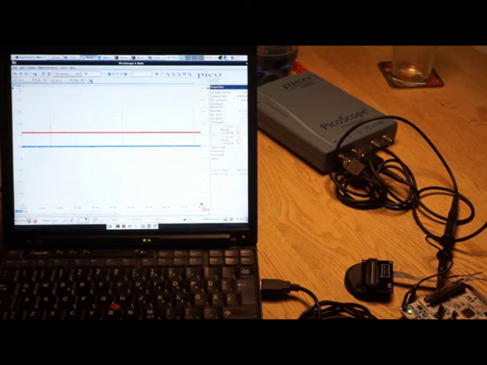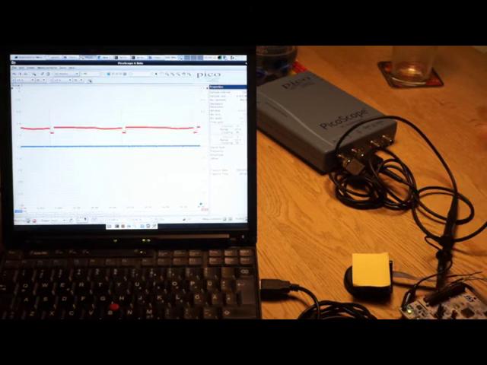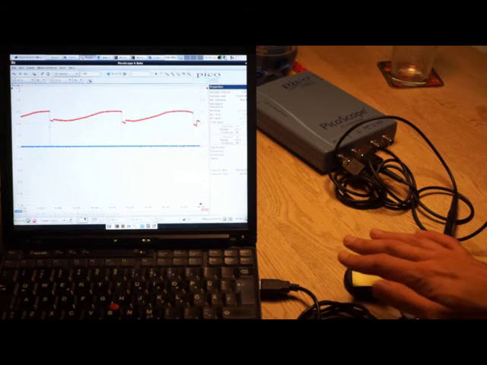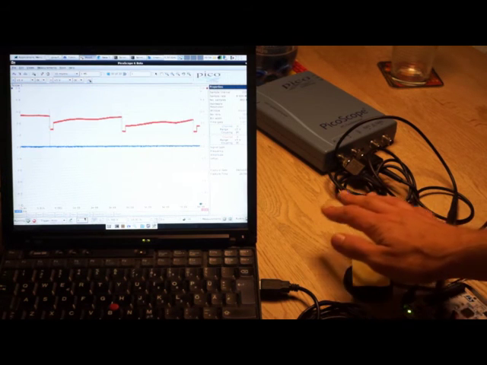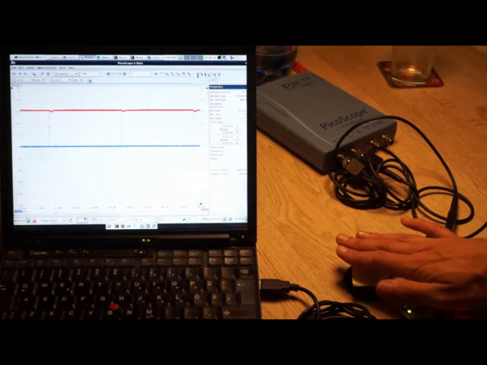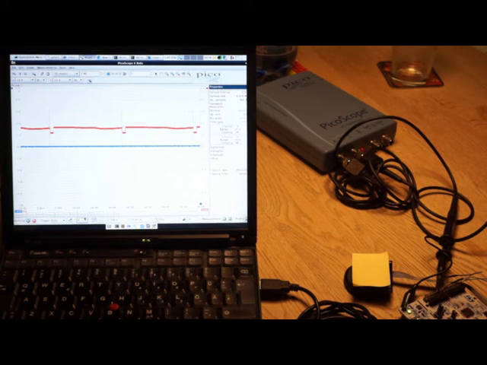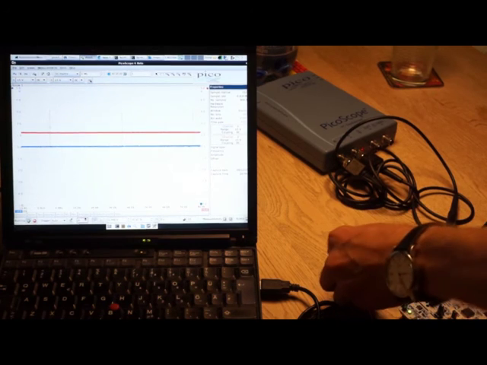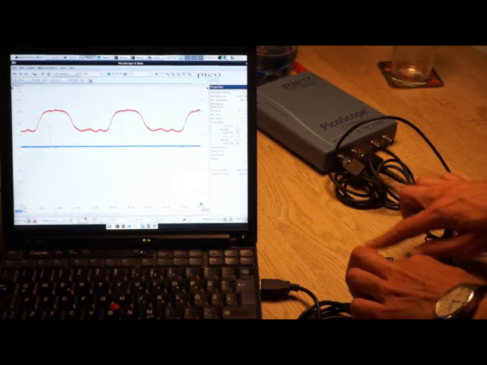Here the scope is connected to the output of the CCD, and you see the CCD just to the right of the laptop. It's a bit hard to see the screen properly, but you have the inverted ICG pulse as the blue line on the scope. The CCD output is the red line. The integration time is 400 microseconds, and the CCD is completely saturated. So I've just covered it up a bit using 2 post-its, but the chip is still saturated.